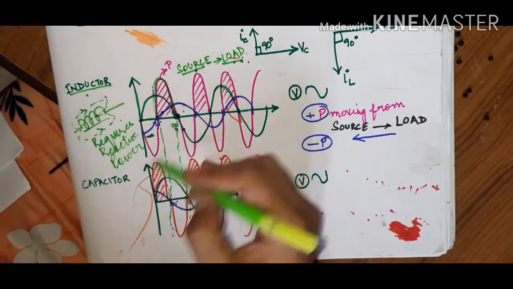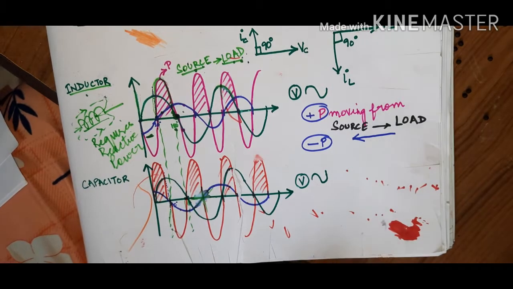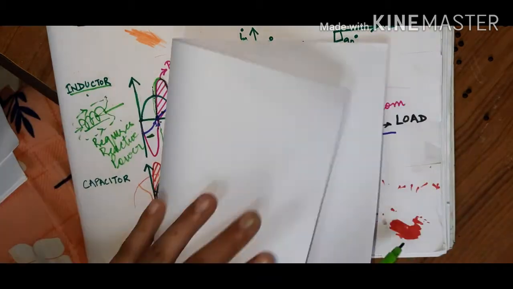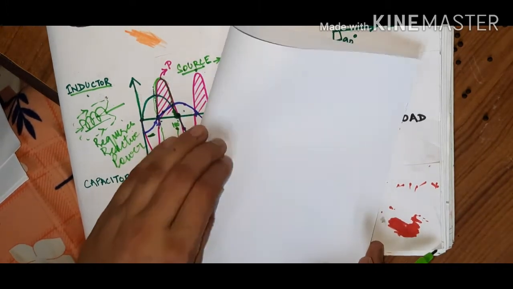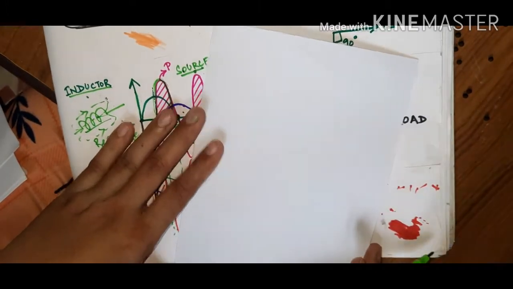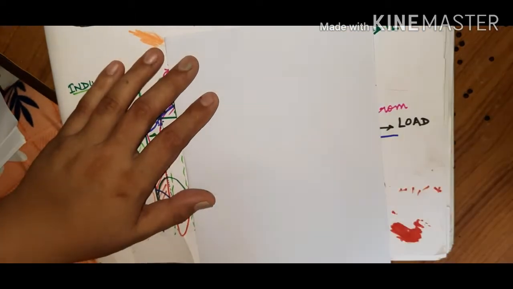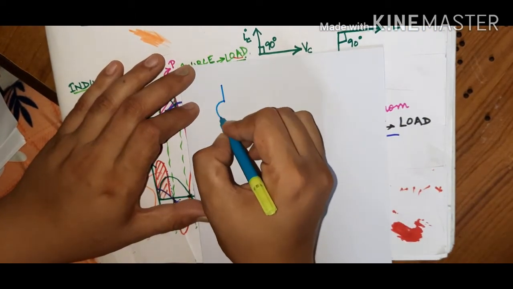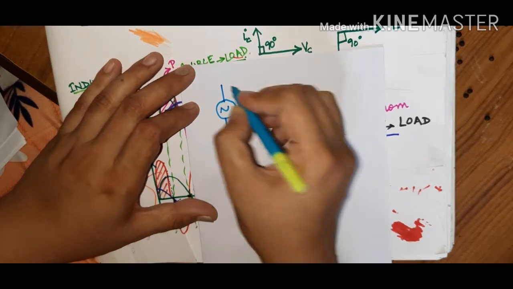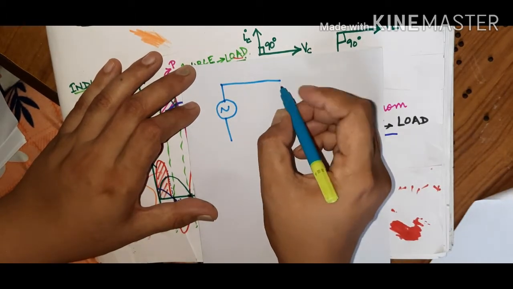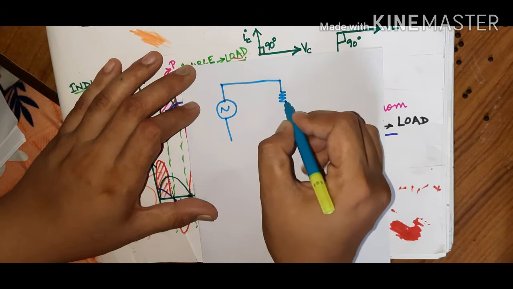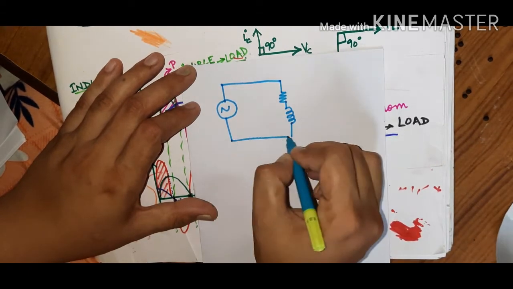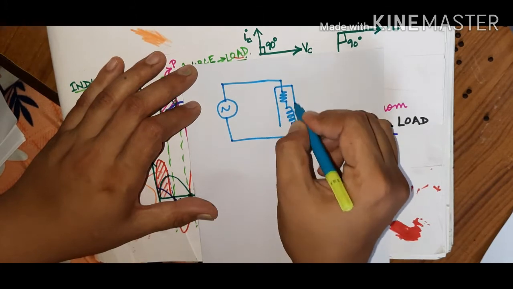So this is the thing you can take advantage of, and that is over here, as you can see. Say for example, I have got a circuit in which this is the source, this is an AC source, okay, and here is your load, which is an RL load. Generally the load is an inductive load, so this is your load, okay.